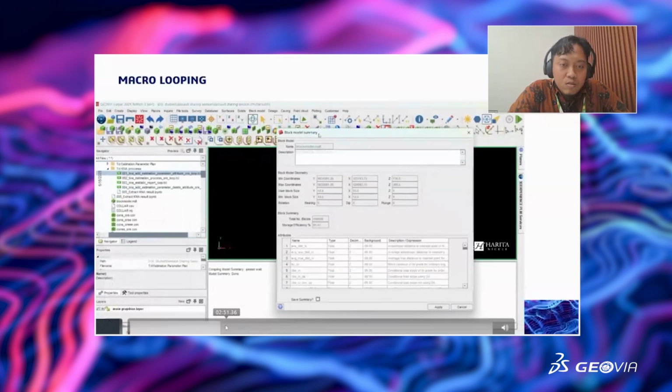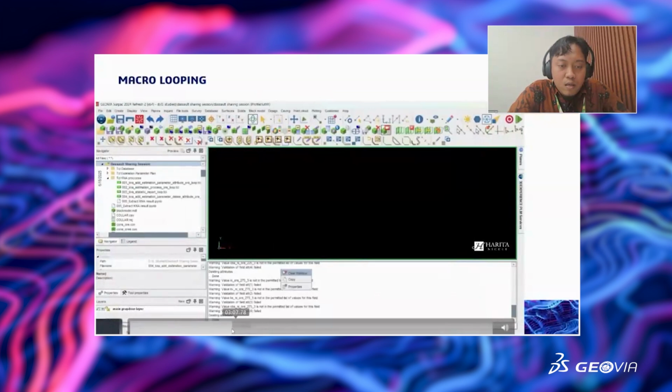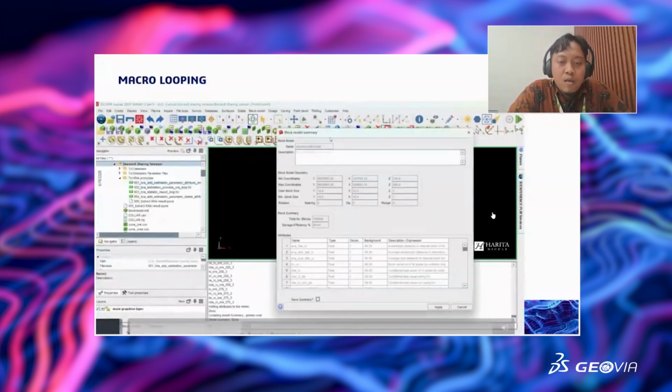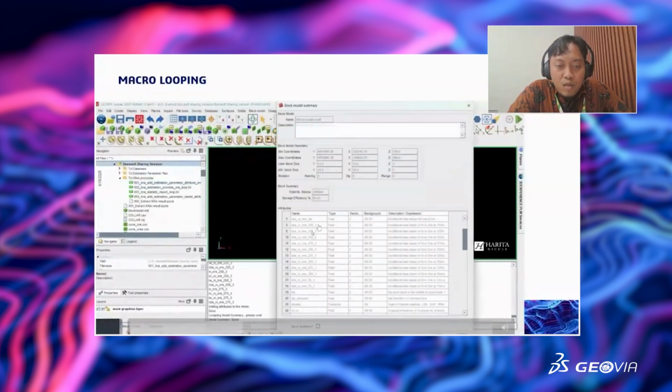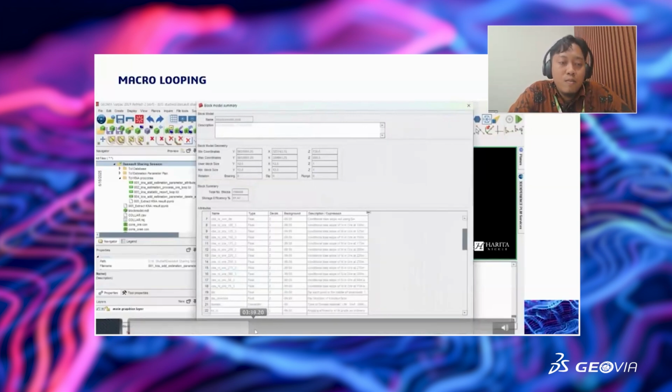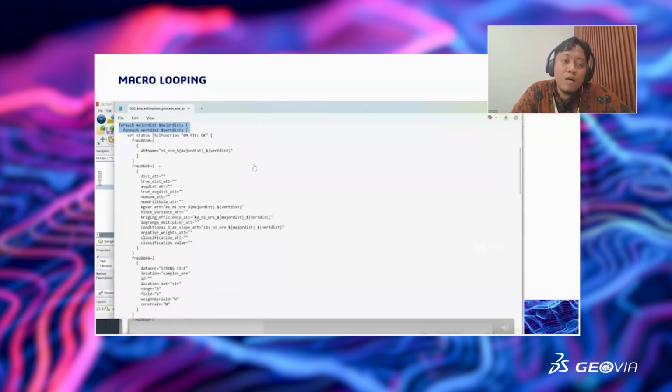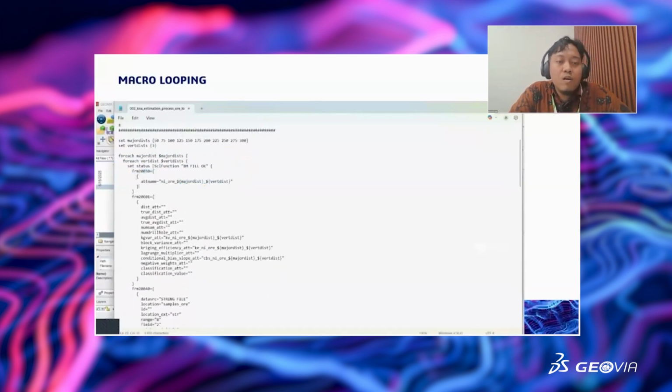So just to know, this is the summary of my block model here. There are not a lot of attributes, and I will drag and drop, then it will create the process of my attributes here. Then it will create the 11 attributes of my kriging parameters, such as conditional by slope, efficiency, and kriging variance.